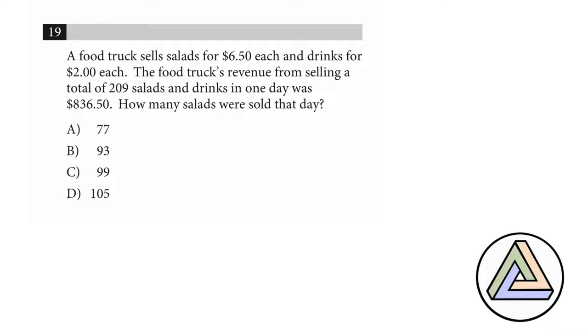Okay, so classic system of equations problem, and we're going to say the following. I'm going to write down some variables that we could use. S is the amount of salads that they sold, and D is the amount of drinks. One thing we know for sure is that S plus D, when you add up all the items sold,